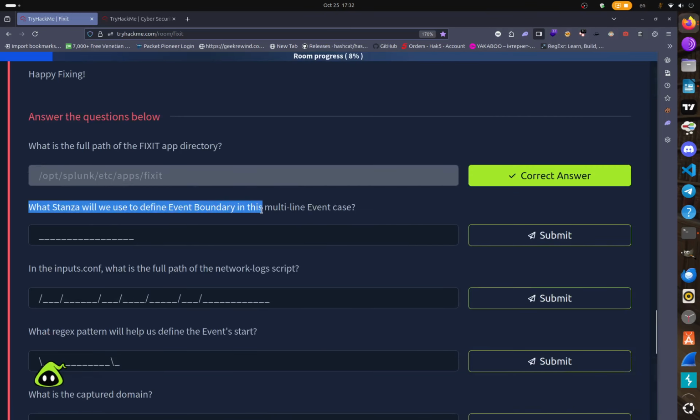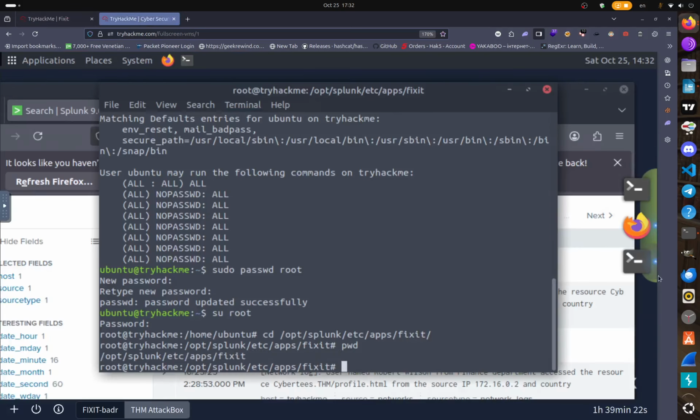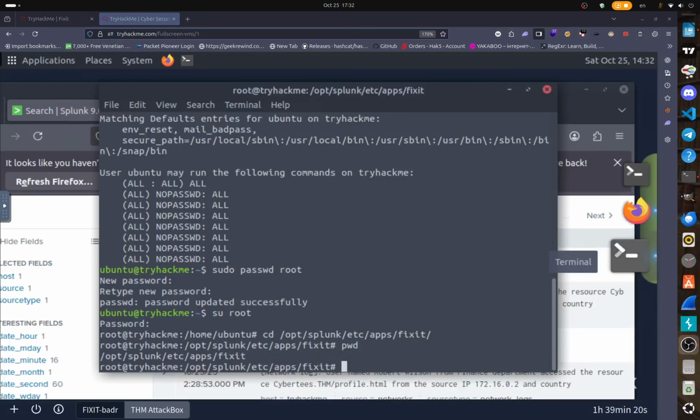What stanza will we use to define event boundary in this multi-line event case? Now, you really need to do this room first. This is the Splunk data manipulation room. Really good room. If you're like me and don't have any experience with Splunk, you cannot do the FIXIT room without doing this room ahead of time. And it provides all the information that we basically need. And the stanzas, if I remember which one we talk about,